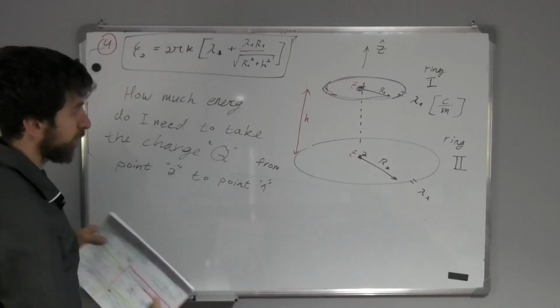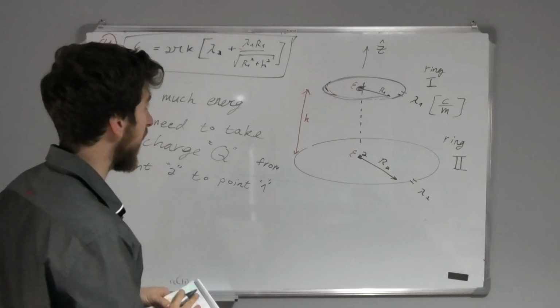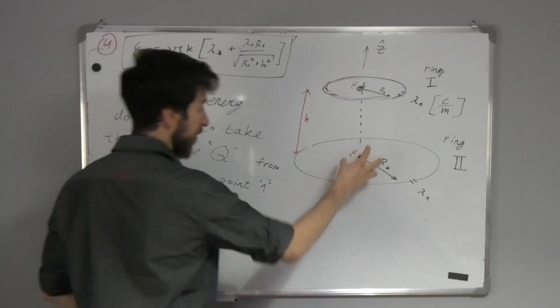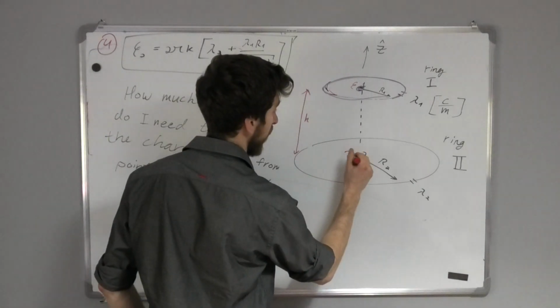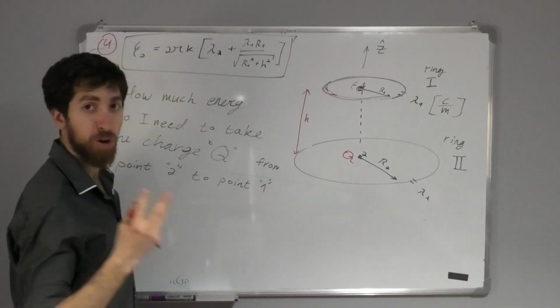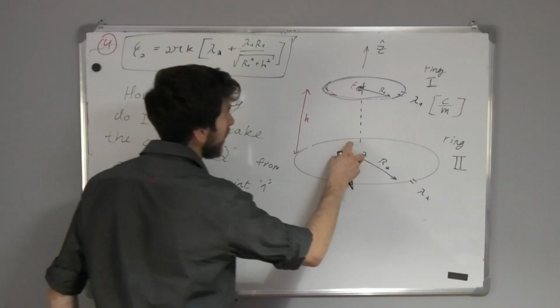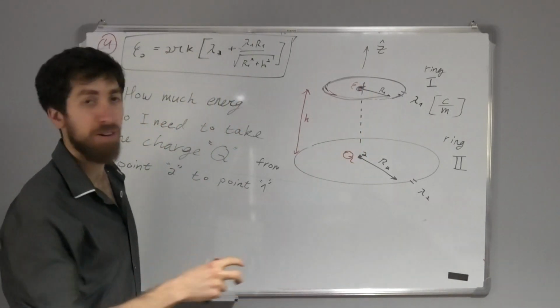This is the question. So what I need to do is take some charge from point 2. Here there's some charge. Let's put here Q. How much energy is it going to cost me to take this one and pull it up here,